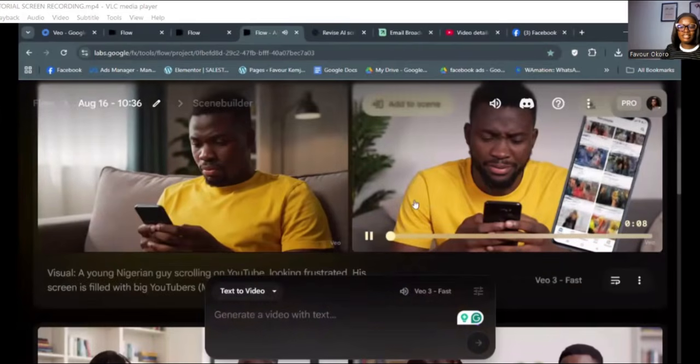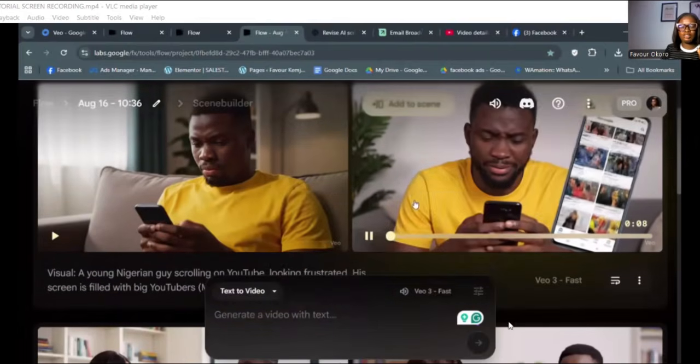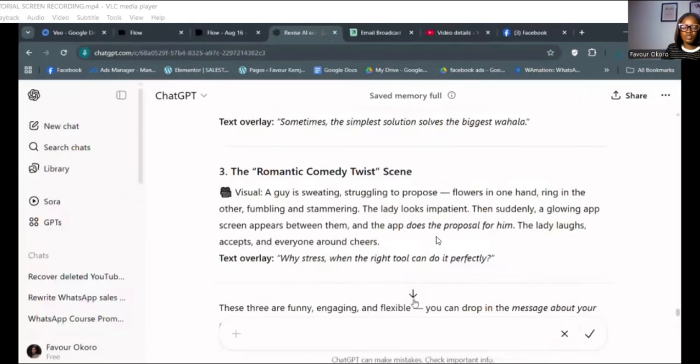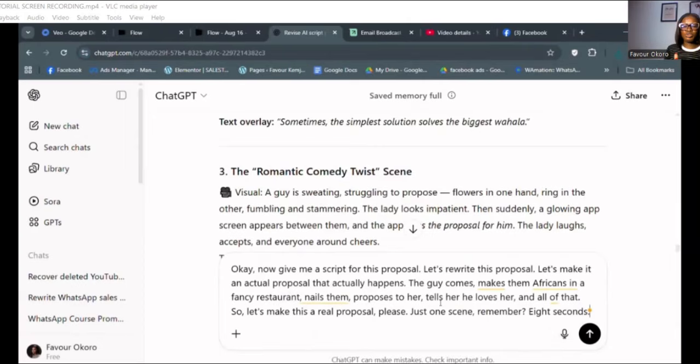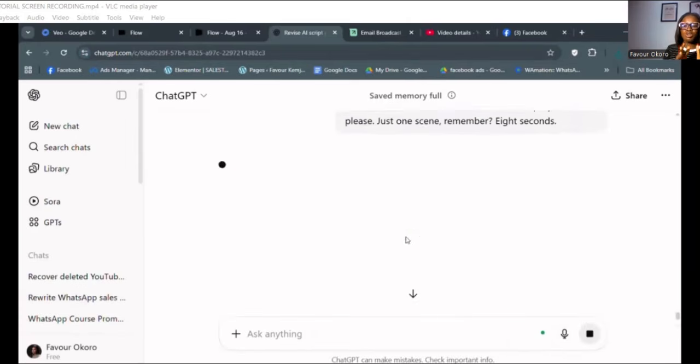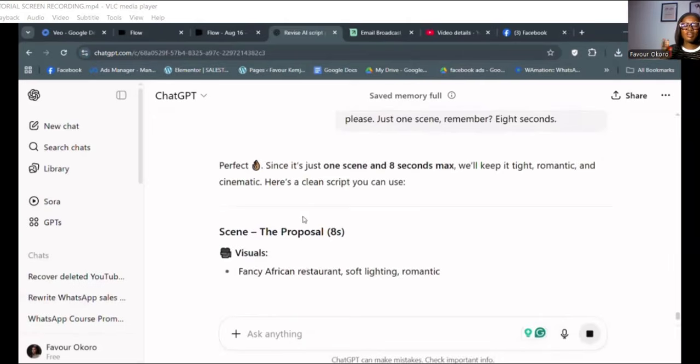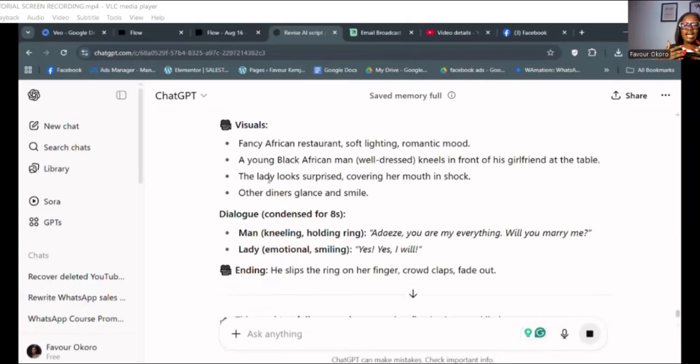You see how this is easy and straight to the point, right? Because I've made my corrections from the previous one. Now, I want to try another twist, which is the proposal that you just watched, right? So I want to create a proposal scene, and I'm going to ChatGPT to give me a script for this proposal. It's going to write a script for me that is detailed, an African proposal at a restaurant, and the